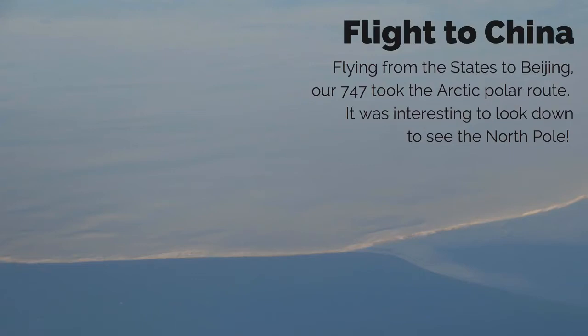Our flight left from Chicago and went to Beijing, and it took the Arctic polar route. So we were able to look at the North Pole, which we thought was really cool. And then we arrived in the middle of the night in Beijing and saw this lovely view from the courtyard